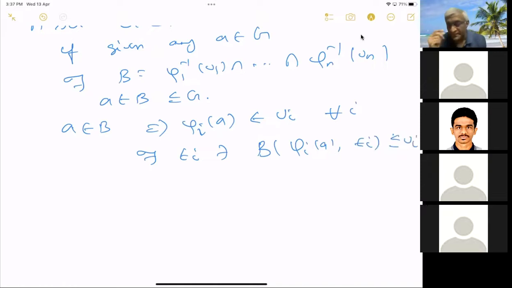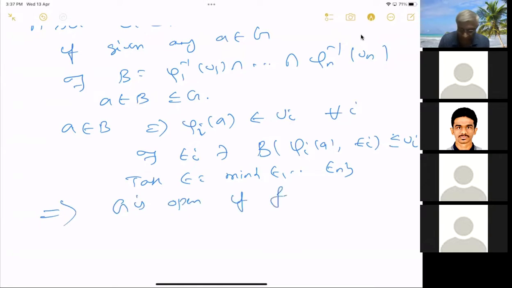And you can take epsilon equal to the minimum of all these epsilon 1 up to epsilon n. Whatever we have discussed will imply that G is open